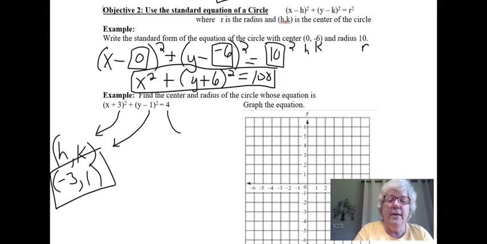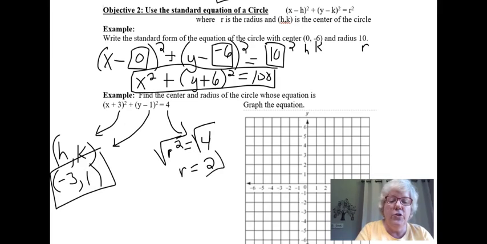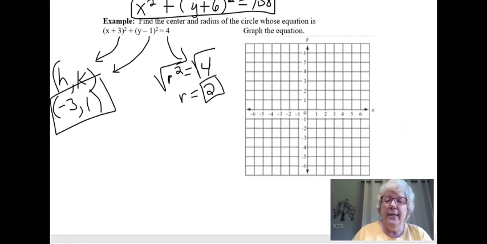Then the radius comes from this number on the right side. Remember, that's the radius squared. So if the radius squared is 4, that means I need to take the square root of 4, which is 2. Now, to graph this, what I will do is go to my